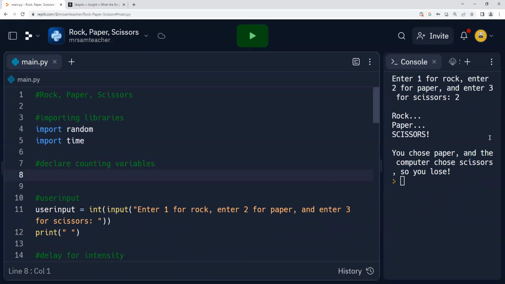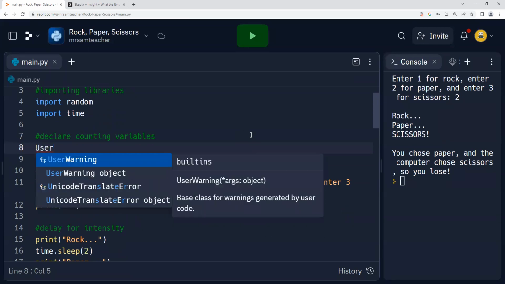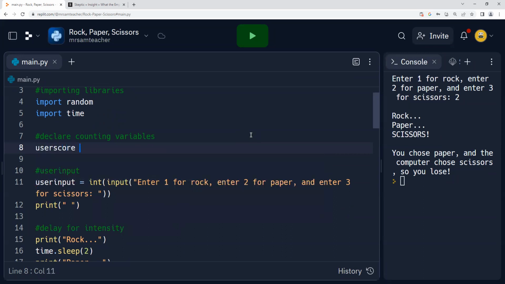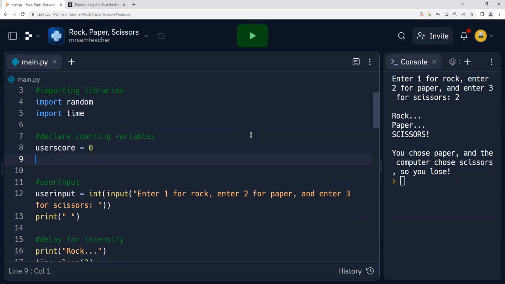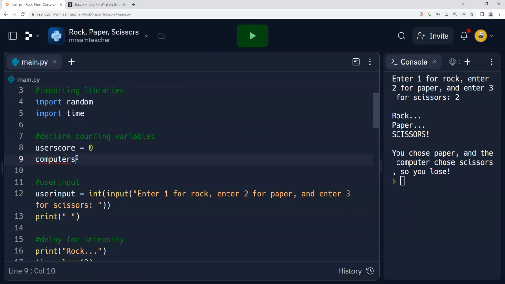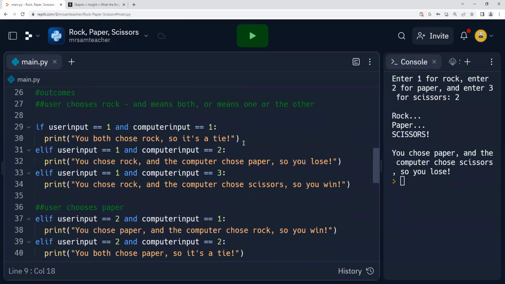These are just improvements we're making to an already working program. So we can put user score equals 0, computer score equals 0.